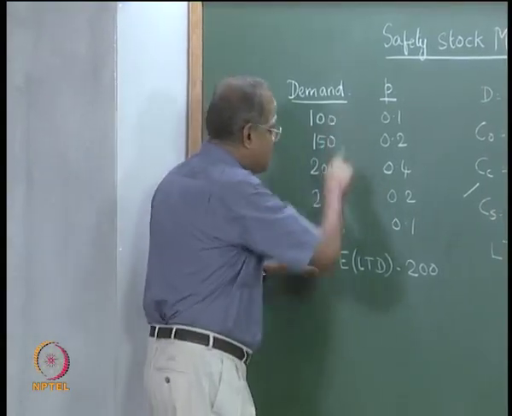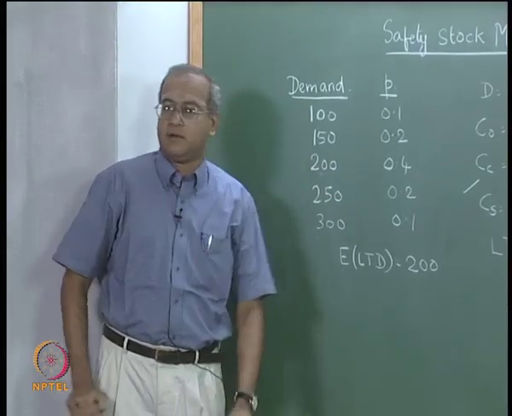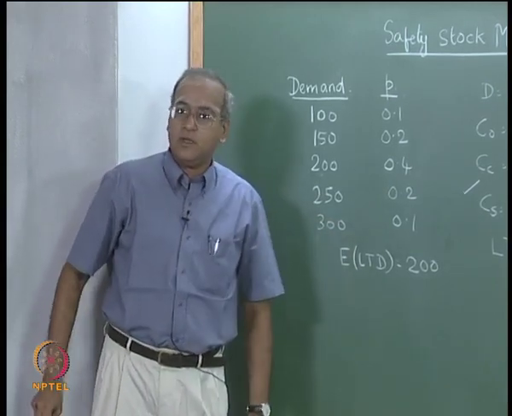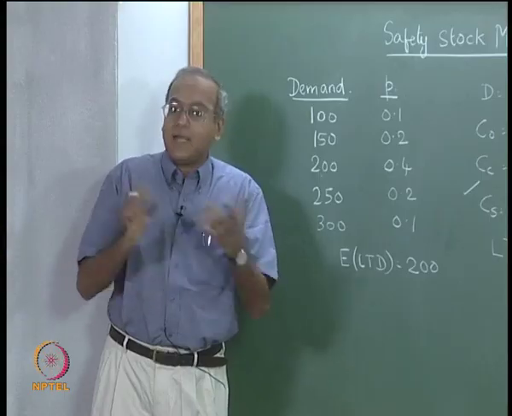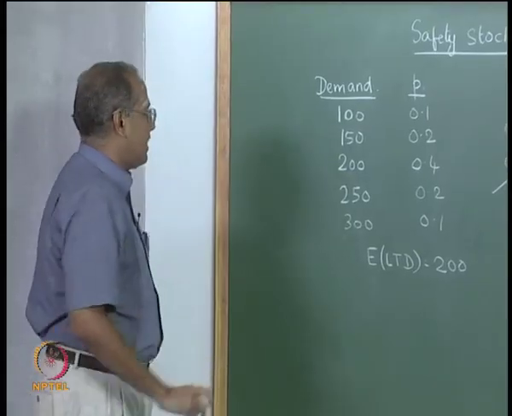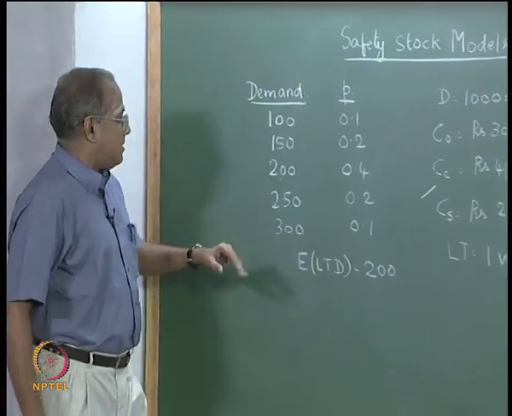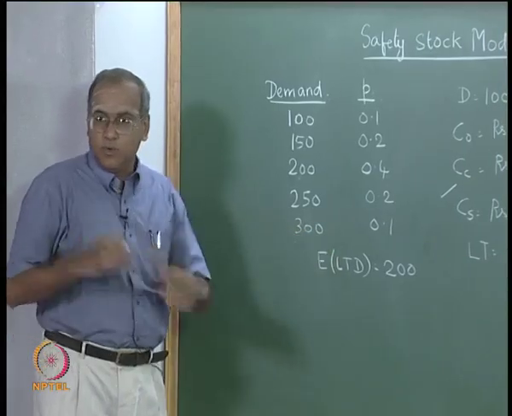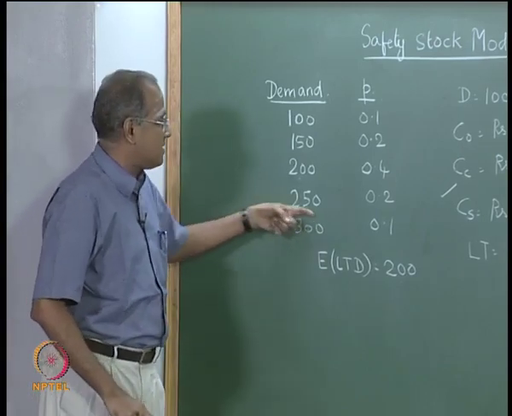Now, let us assume in the last 10 cycles the demands were 100, 150, 200, 250 and 300. We did not have a case where the demand was 220 or 225. Now, can we look at a demand of 220 or 225 in the future? How do we handle that? So, we try and address both these cases right now. So, one is to say that if the demand, for example, exceeds this, what do we do? The other is we make a slight approximation and say that can we handle this 300